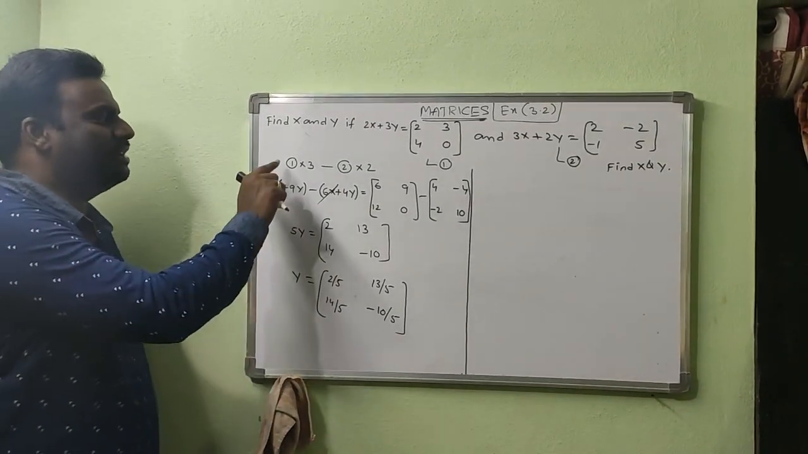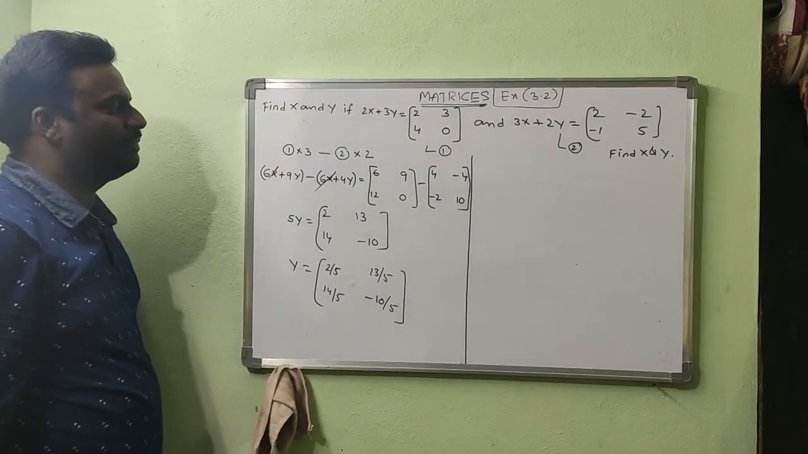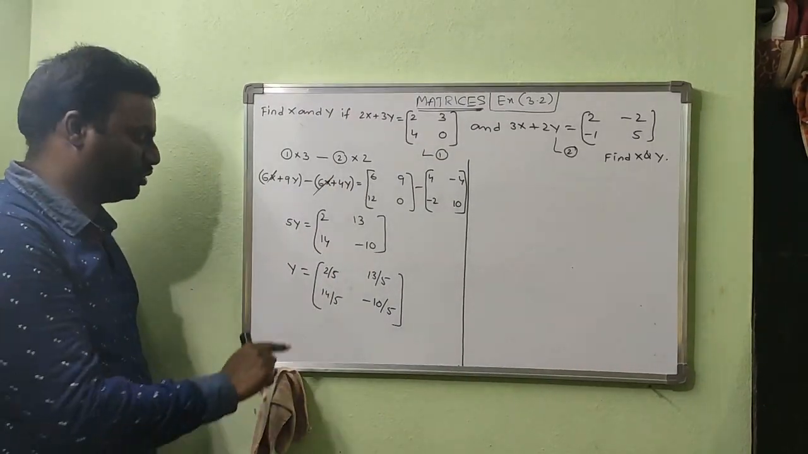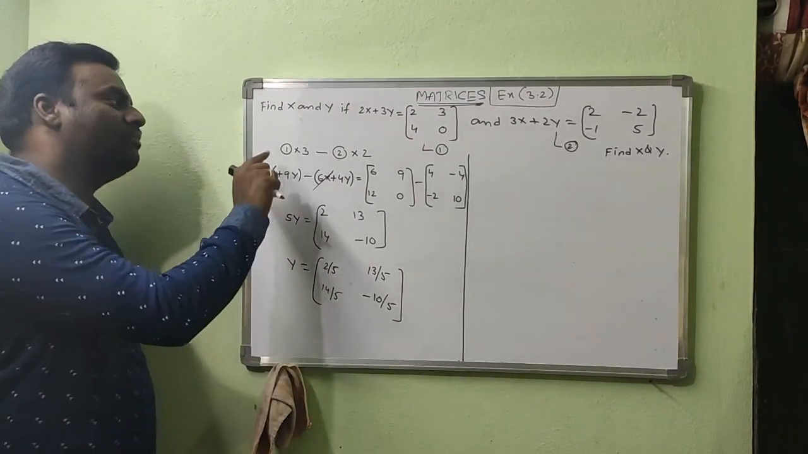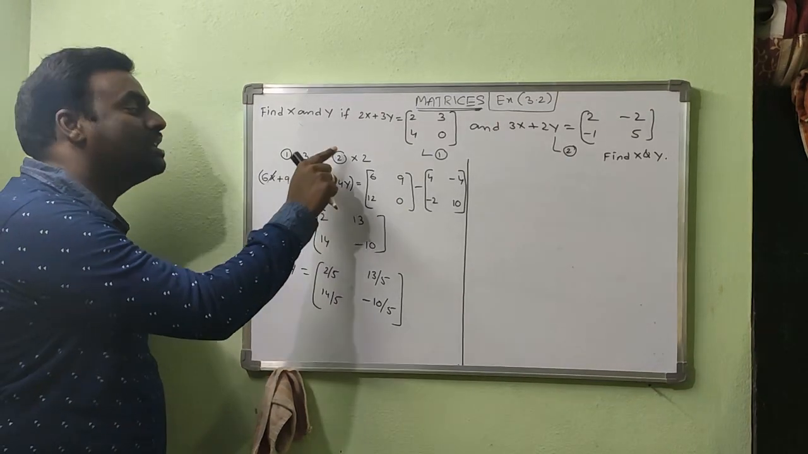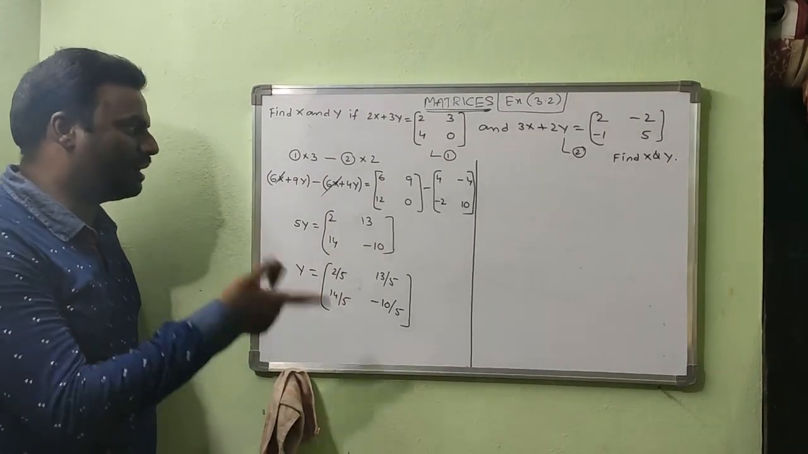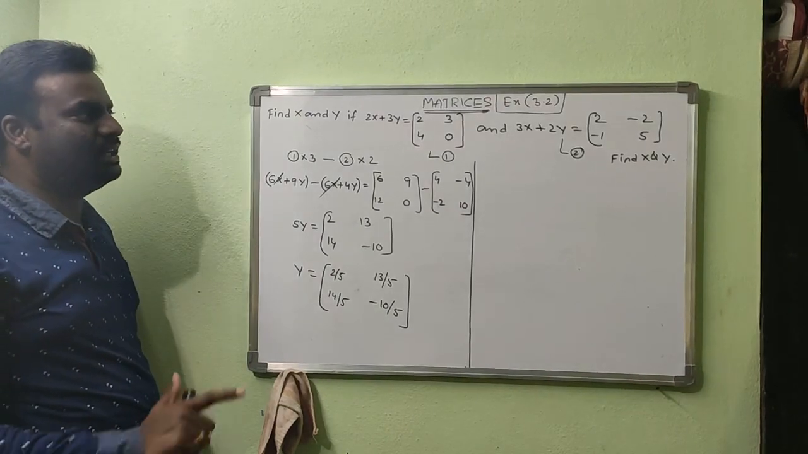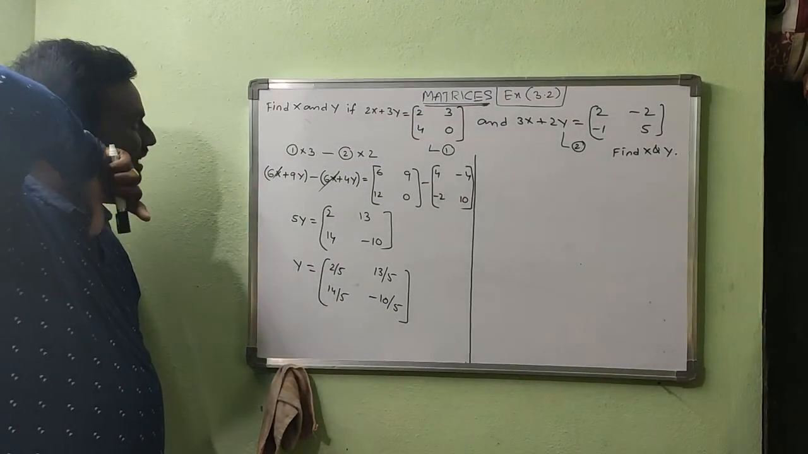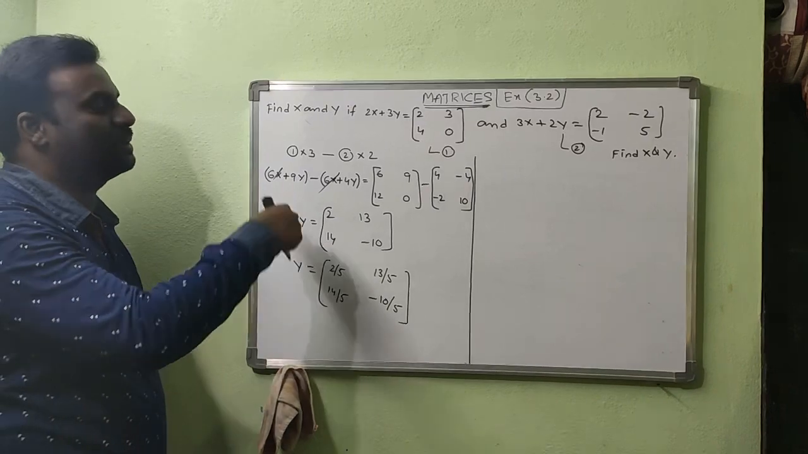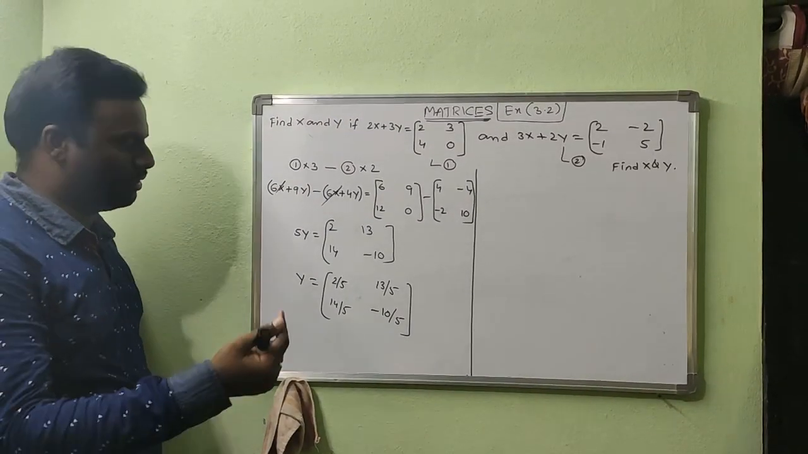See here, you observe, the first equation is multiplied with 3. The second equation is multiplied with 2. You got Y. Or otherwise, the first equation is multiplied with 2 and the second equation is multiplied with 3. Then also you will get it. So you can follow any procedure. But here I am doing the method of substituting. You substitute